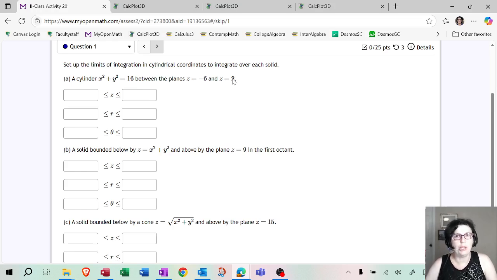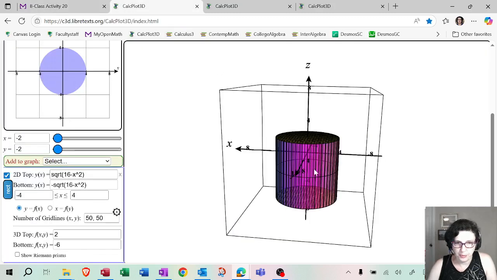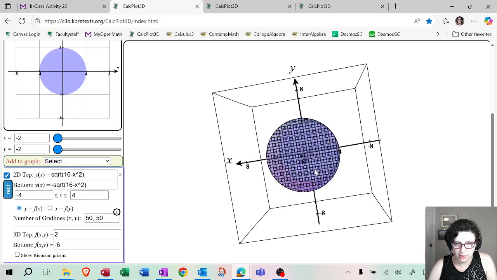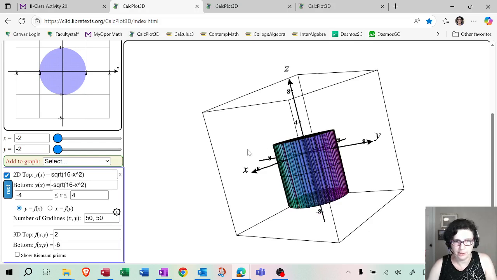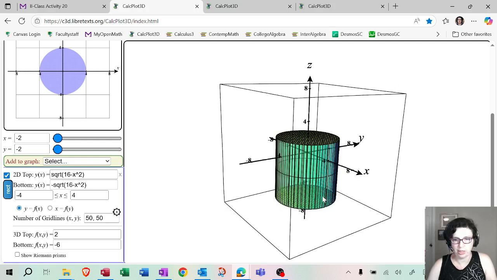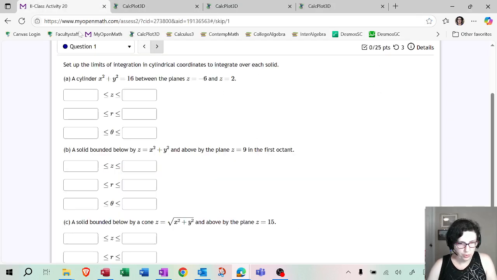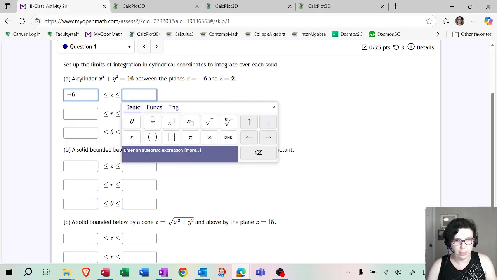So generally the way we set up three-dimensional coordinates is the inside integral is going to be from the bottom surface to the top surface. But here it's just -6 and 2. So if you look at the picture over here, this is the cylinder, right? So this is x squared plus y squared equals 16, which is a circle of radius 4. But you basically move the circle along the z-axis, and the bottom surface is z equals -6, and the top surface is z equals 2. Those are just parallel to the xy plane. All right, so there is your cylinder. So for z, we'll just go from -6 to 2.